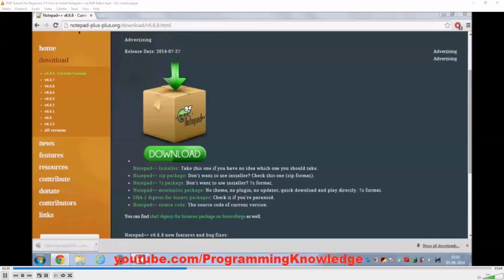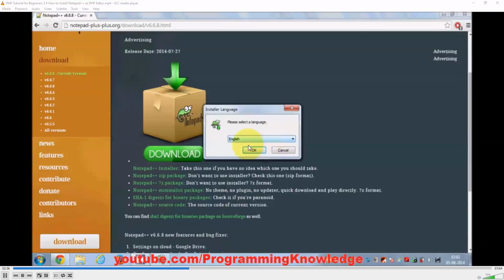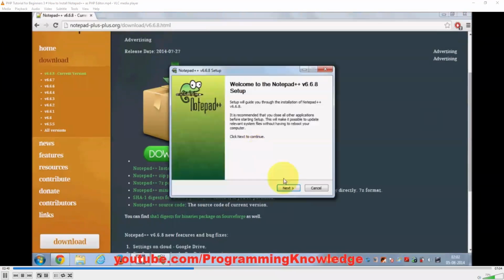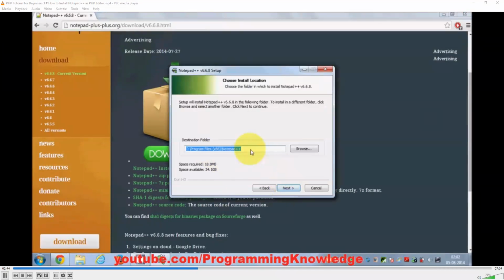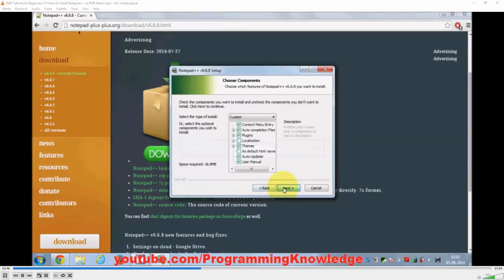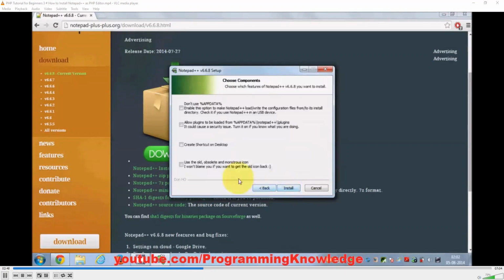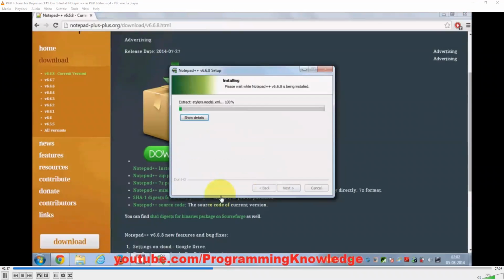I've started the installer, and by default, I will select English as my language. I will say OK. Next, I agree. This is the default location where it will be installed. Next, next. And if you want to create a shortcut, you can just take this option or otherwise uncheck it if you don't want a shortcut on the desktop and install. And it will take